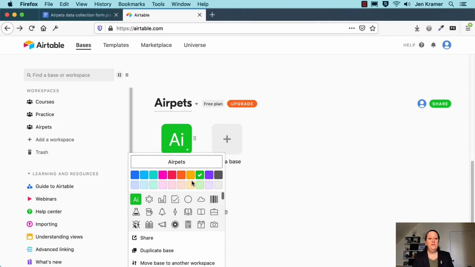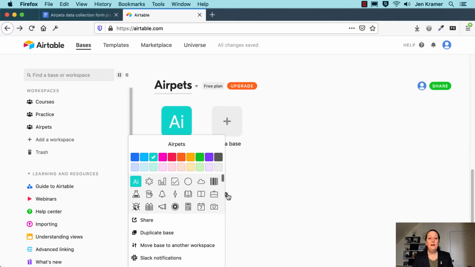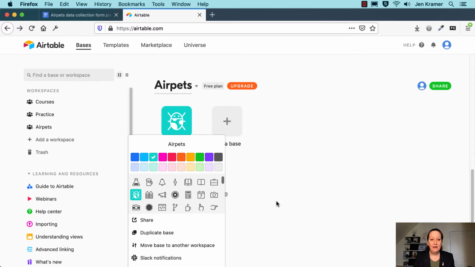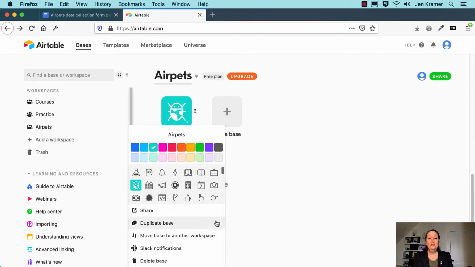You can pick one of these fantastic colors. I'm partial to that sort of teal color there, but you can pick whatever you want that makes you happy. I also like the little bug because, hey, that's kind of pet sort of ish. There aren't any dogs or cats in here, so I'll pick the ladybug. And there's some other options that are down here